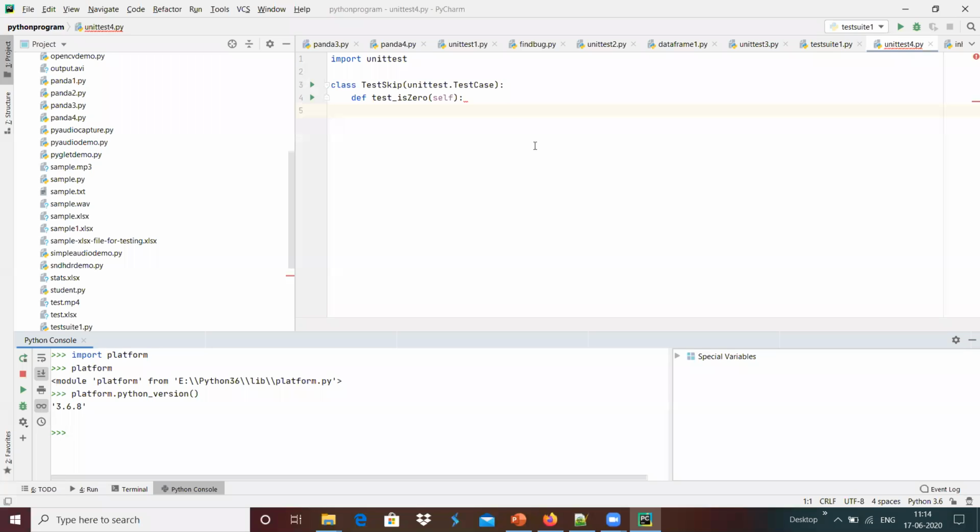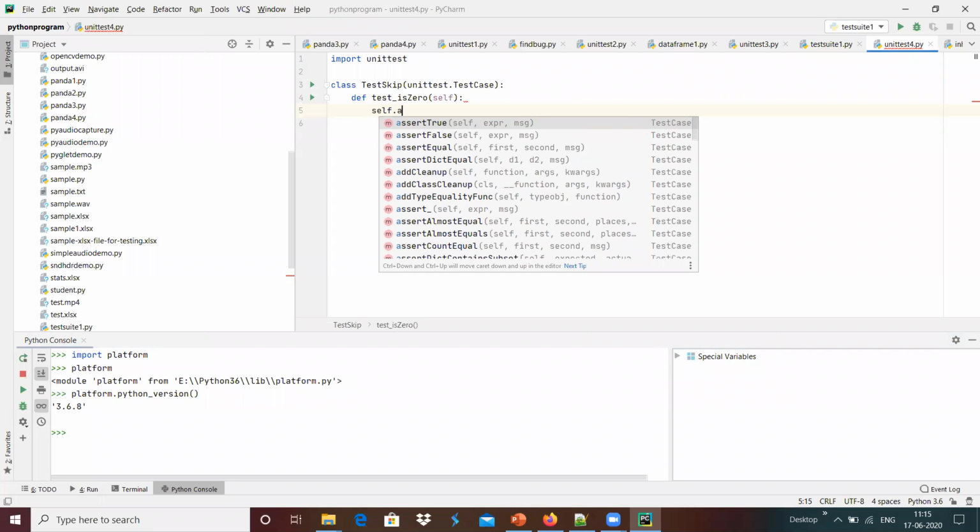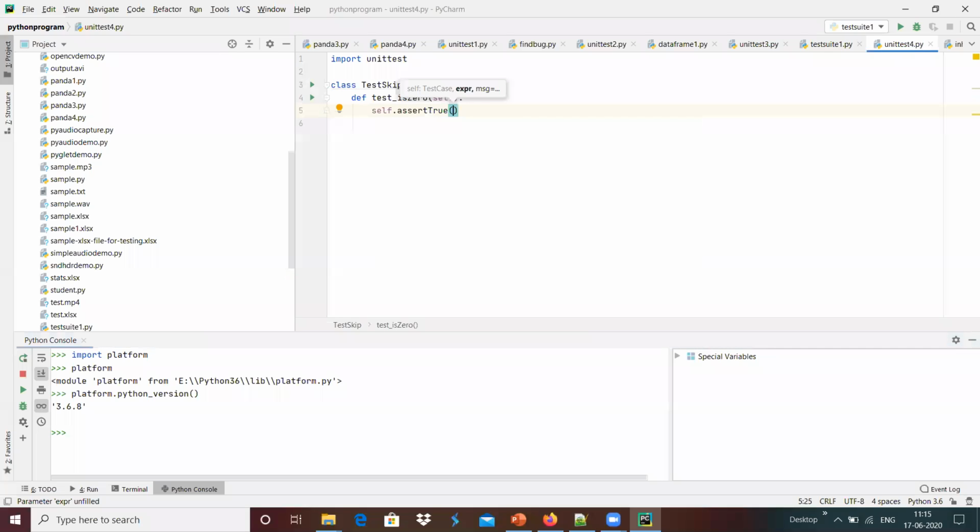And if I wanted to do something like the test case, I'm going to use self dot assert true in case of 2 divided by 2 equals 1 over here.